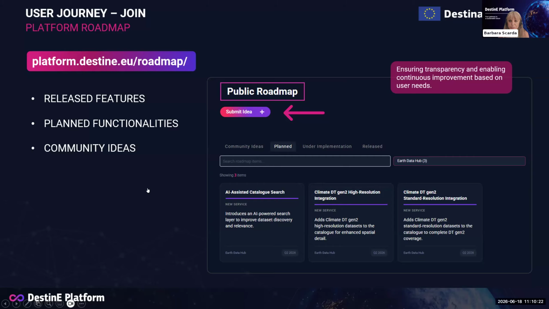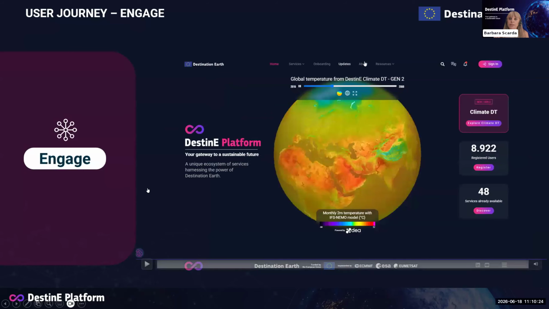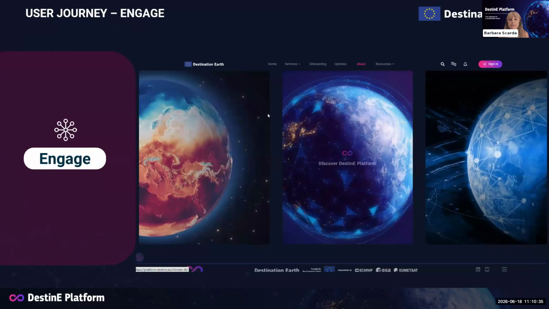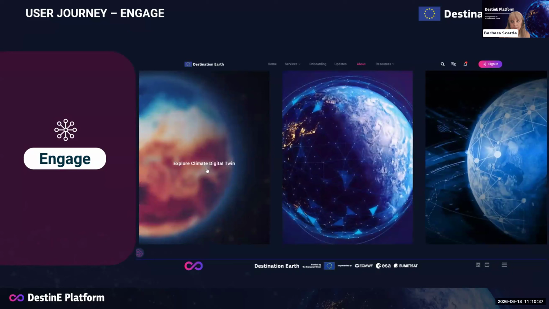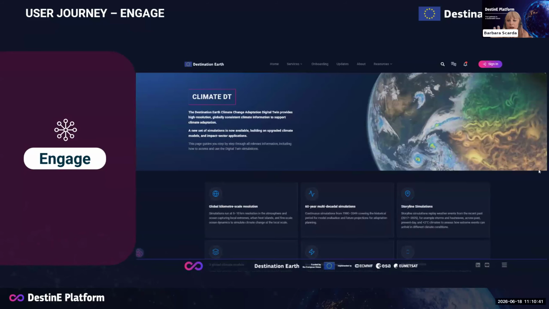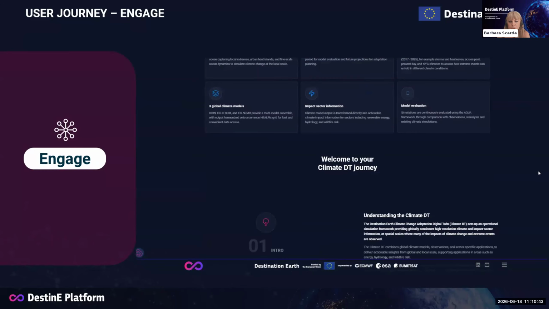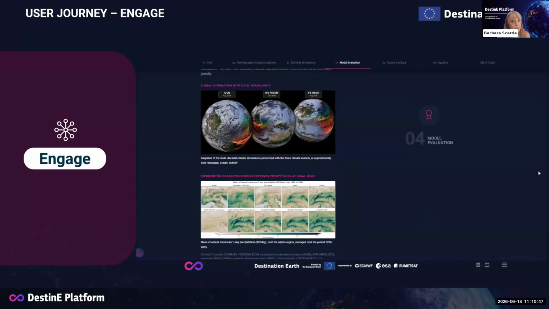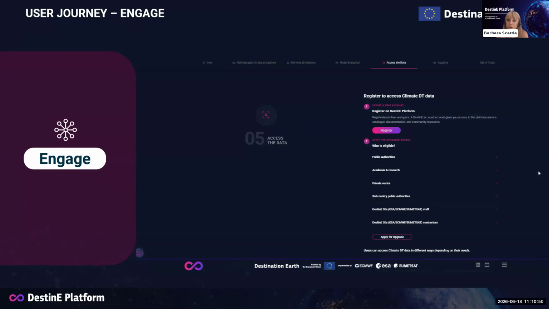Now, once you've joined as an expert user, you're ready to engage with the platform advanced services. In particular, in the About section, you can visit the Climate Digital Twin page, where you can find a thorough guide through all the relevant information, including how to access and use the digital twin simulations. So I invite you to have a look at the page.